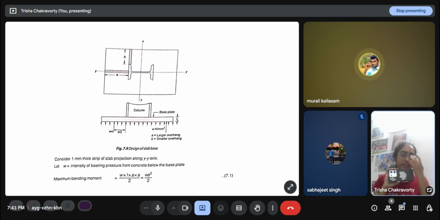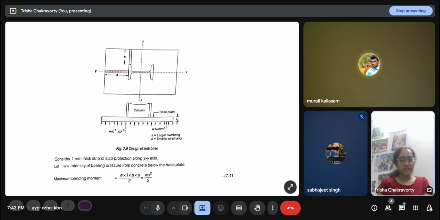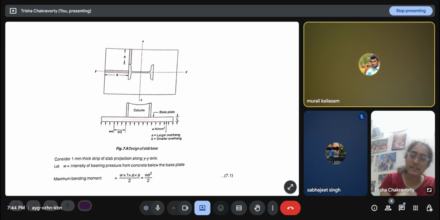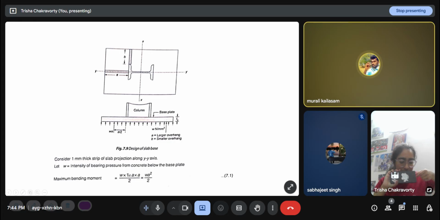Now, in a cantilever beam under uniformly distributed load W, that W is in Newton per millimeter, right? That is force per unit length. So from this pressure intensity, to get the length intensity, we have to multiply it with this width. To make it simple, instead of taking a general width, we just take a 1 millimeter width here. So W into 1 is the length intensity along this cantilever beam.